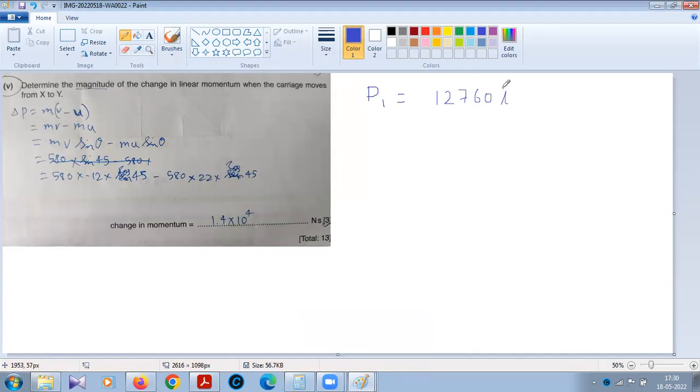So let me denote it by i cap, the unit vector in the x direction. In the y direction the initial momentum is 0, so I can write it as 0 j cap. And then the final momentum P2 is